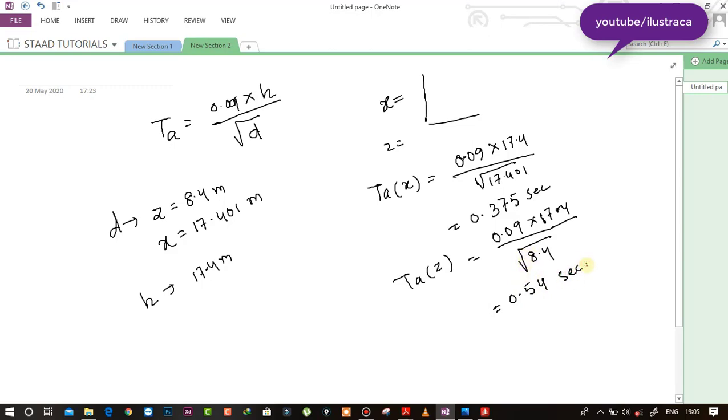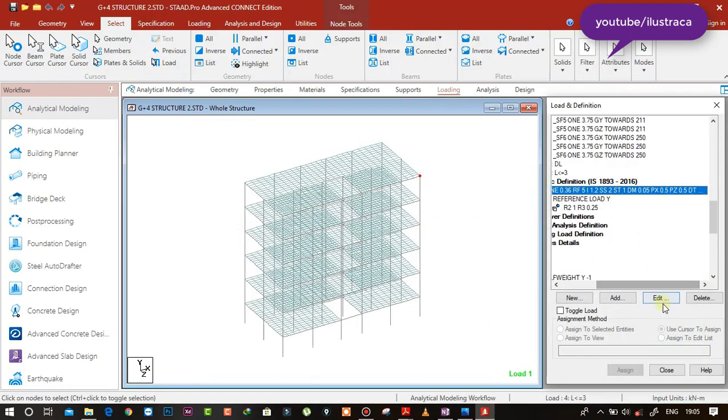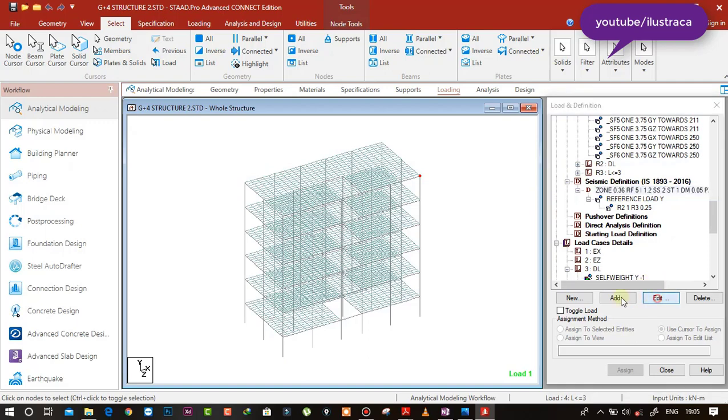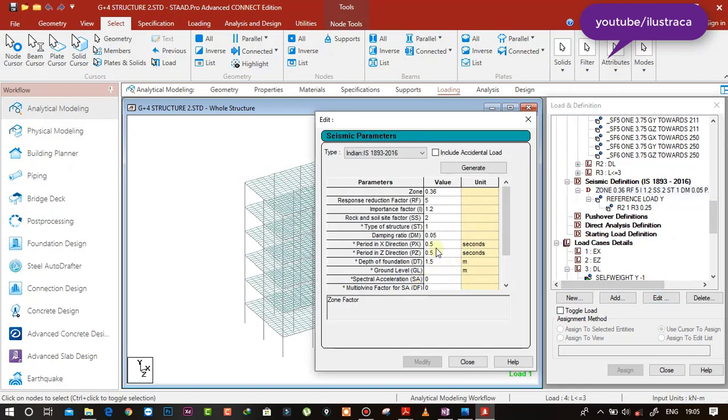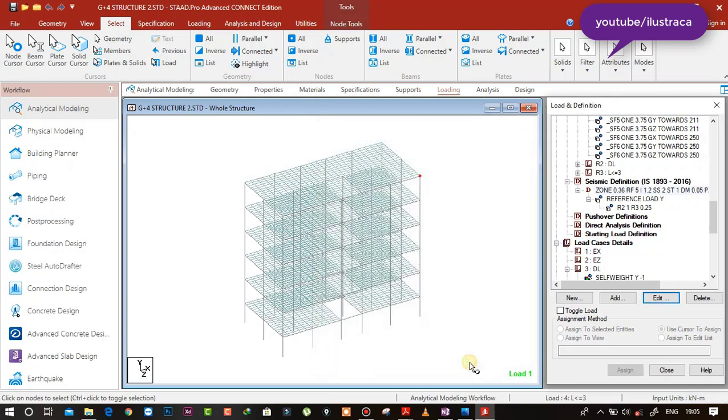So we need to put these values: 0.375 for x. Again, edit the seismic load that we have defined, and in the Px it will be 0.375 and Pz it will be 0.54. Okay, modify, close.